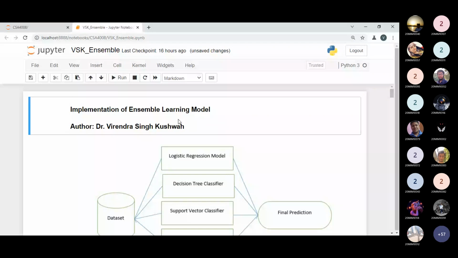Before implementing the ensemble, let me explain what is meant by the big performer or big model, or we can say why this part is required. As we know, we have seen classification models. First, the support vector machine. Next, we have seen logistic regression. Next, the kernel algorithm, and then the other classification model, the decision tree classifier. So these four classification models we have seen by the practical as well as the theoretical.